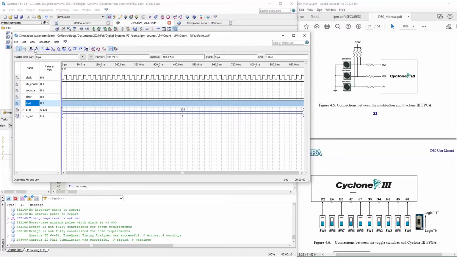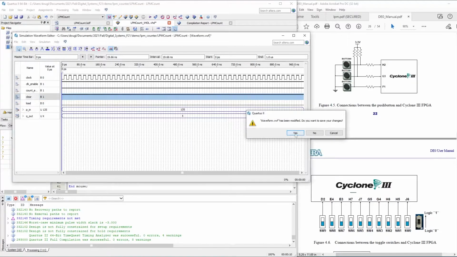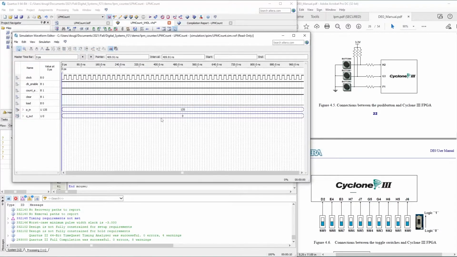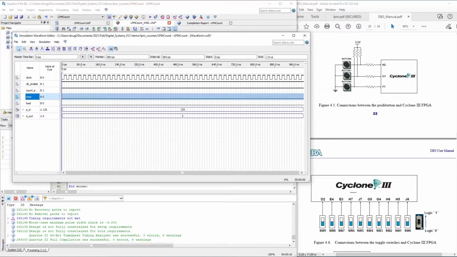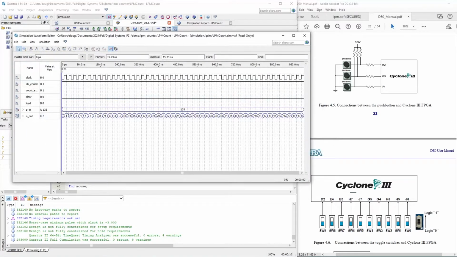Load goes low. I'm going to put clear high. Oh, it's got a 0. Well, that's not good. So if I set it to low, you can see it counts. So clear also needs to be low,